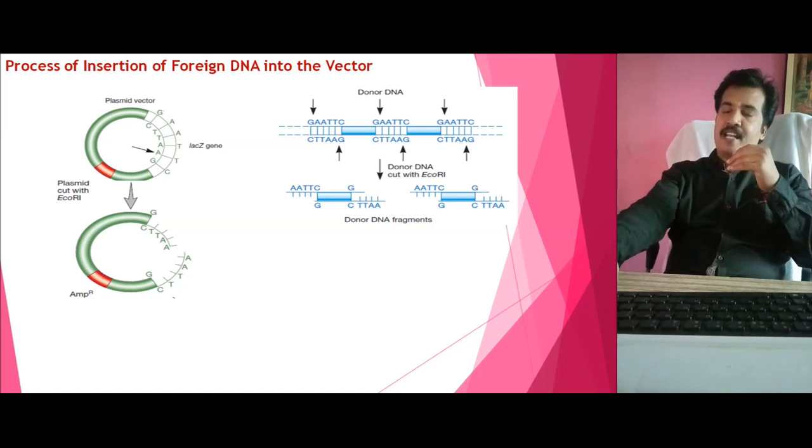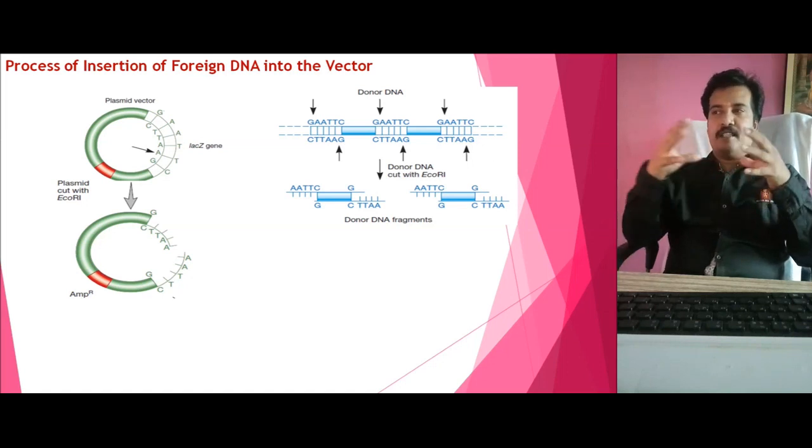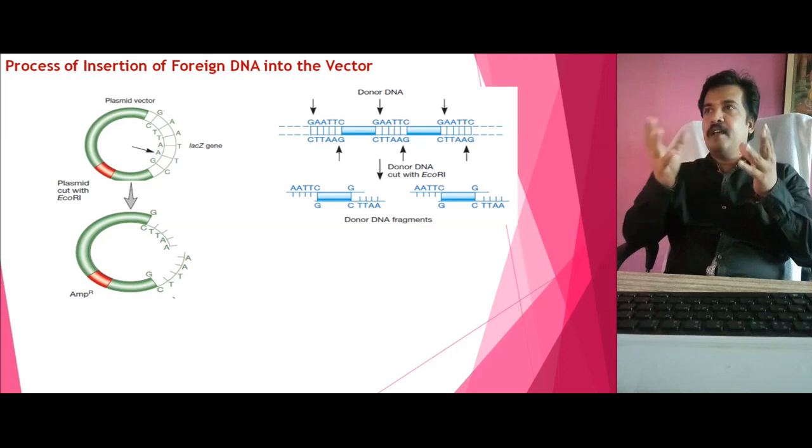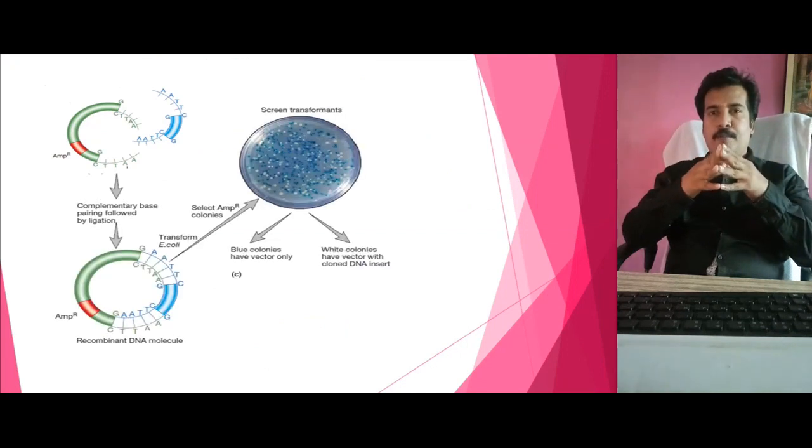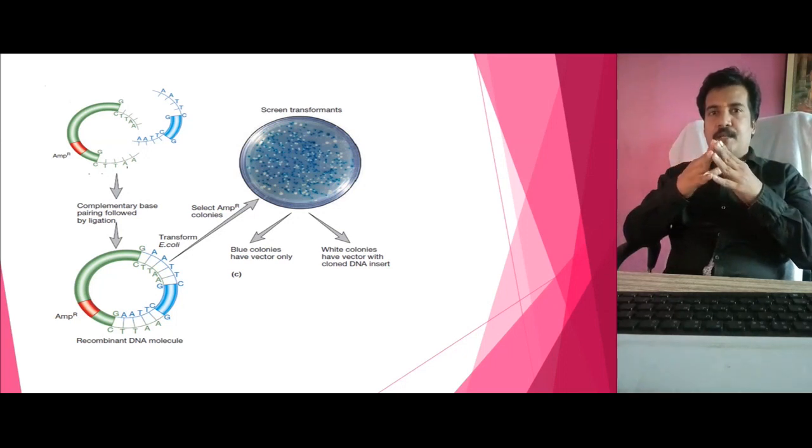Once I add the enzyme DNA ligase, the restricted plasmid vector and the restricted donor DNA will join together because of complementary base pairing, because EcoRI produces a sticky end. The sticky ends can be easily annealed together with the help of a simple enzyme called